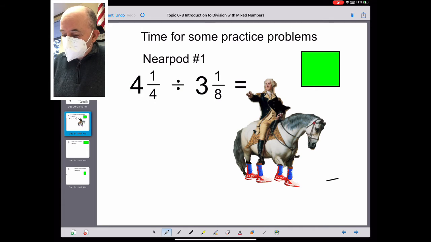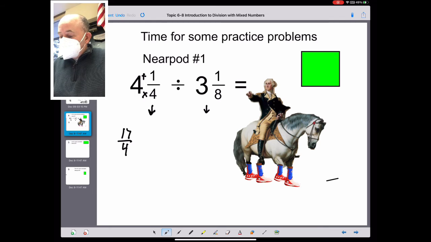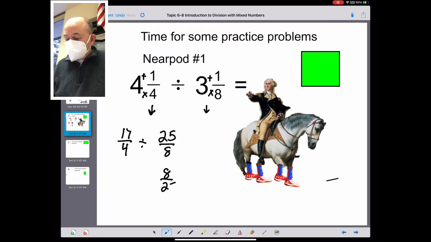Okay, so here's what we do, kids. We have to convert everything to improper fractions. So 4 times 4 is 16 plus 1 is going to give you 17, okay? 17 over 4. And then 3 times 8 is 24 plus 1 is 25. So we're going to have 25 over 8. And we're still in division mode. We haven't switched over reciprocals. So we're going to switch this over and we're going to put 8 here and 25 here. Turn it into multiplication and we have